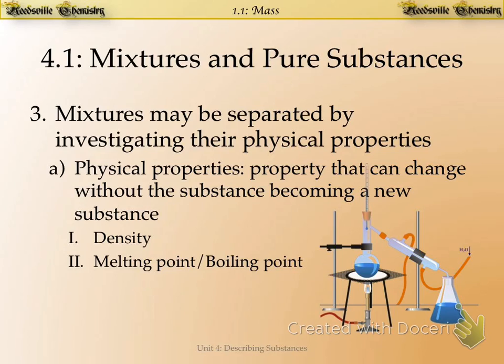So here's the gist of it, and again, you'll see this tomorrow. Inside this flask here, you've got two liquids. They have two different boiling points. So what you do is you start heating it up, and one of the liquids is going to come off first. I'll draw that using an orange arrow. It'll come off first, while the other liquid will stay down here in the round bottom flask.